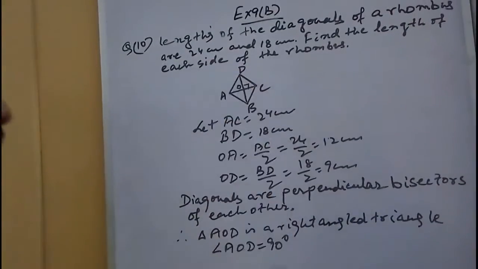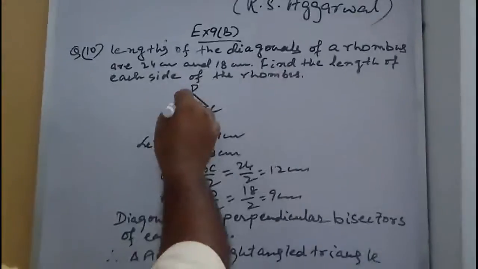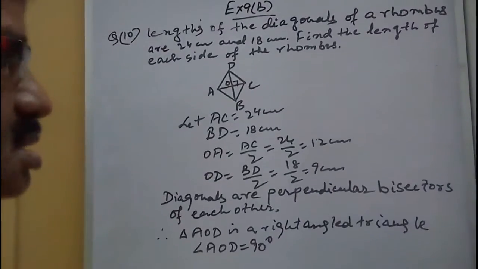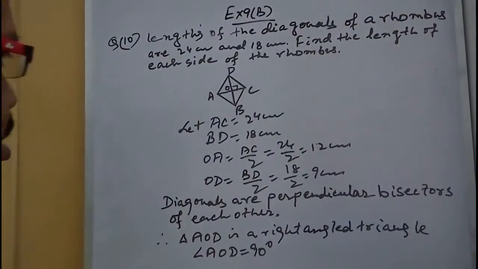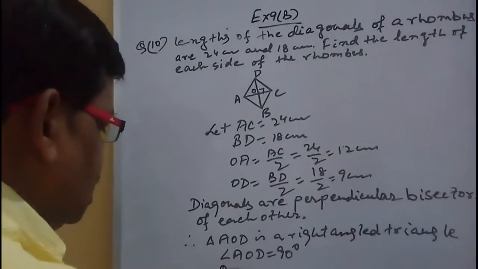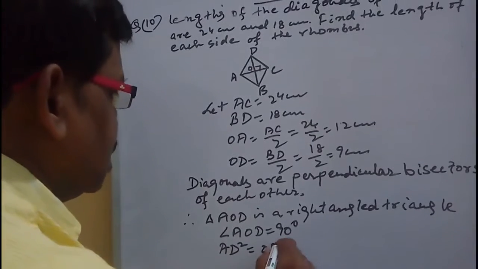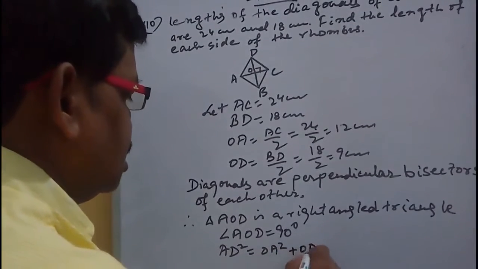So triangle AOD becomes right angle triangle. AD is hypotenuse, OA base, and OD is perpendicular. So AD square equal to OA square plus OD square